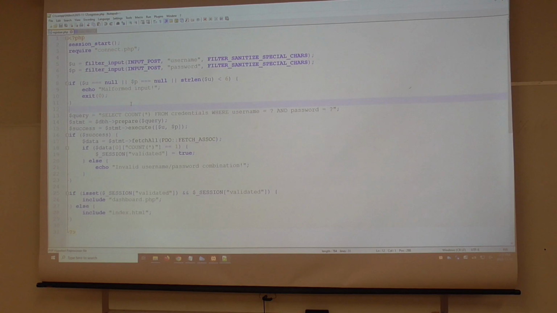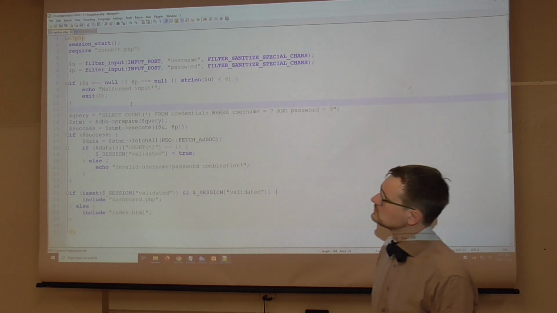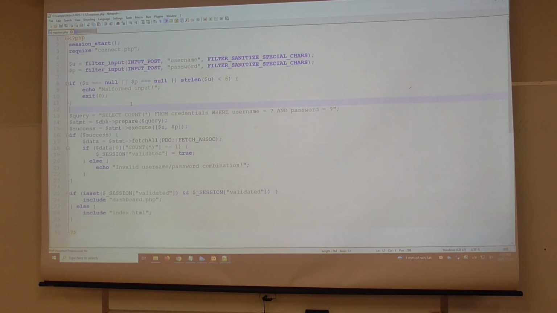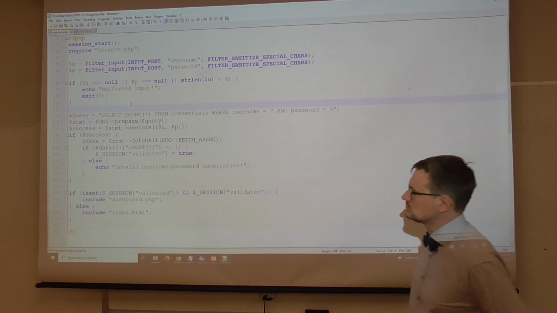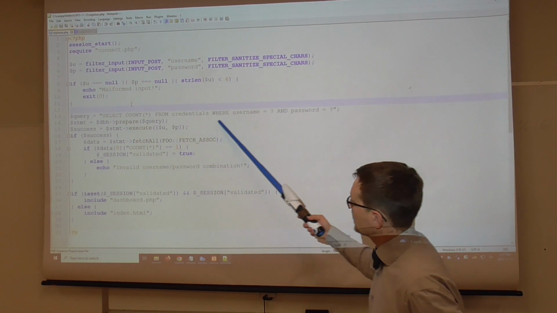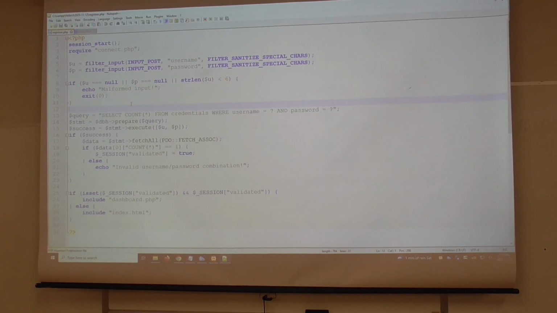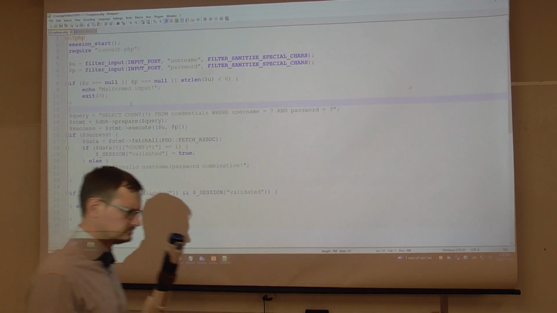So, all of this is still true. However, where'd my sword go? There it is. Let's consider the state of this select query. First of all, how do we add an entry to a database? What sort of query do we use? Not select. We're adding an entry. Insert. Very good.